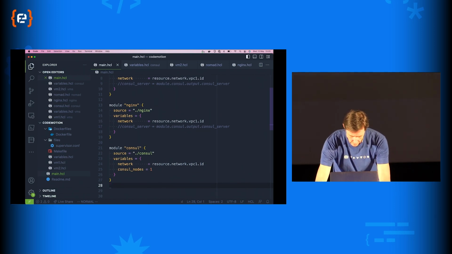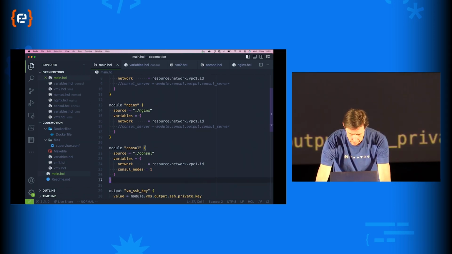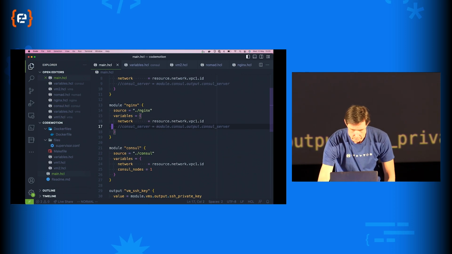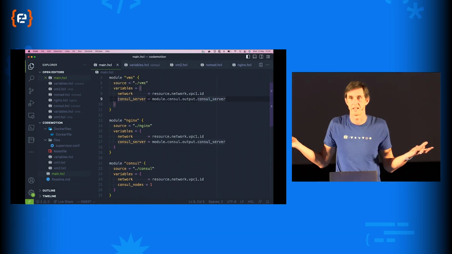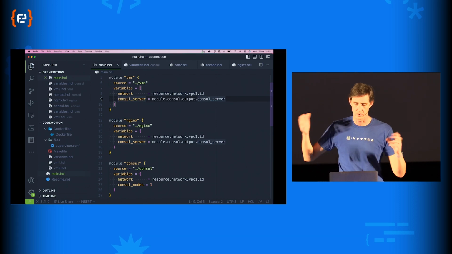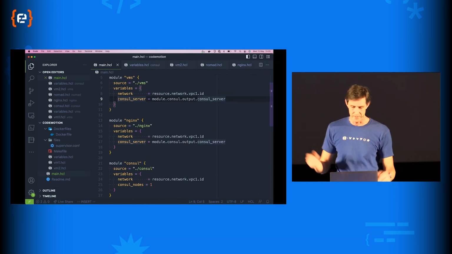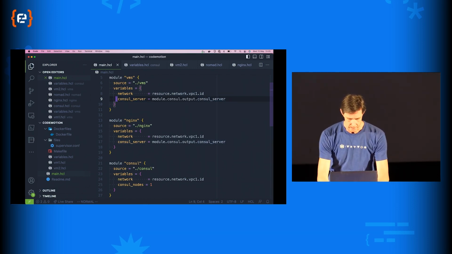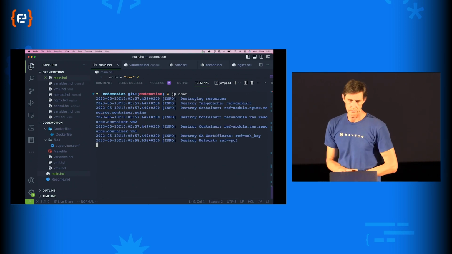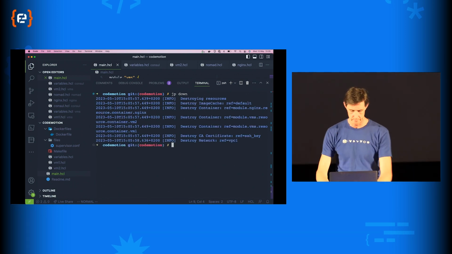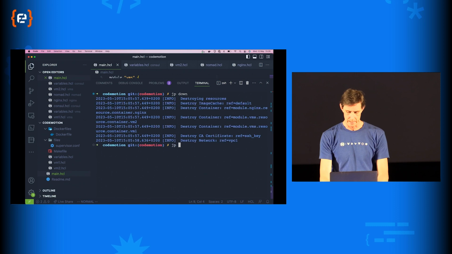Okay, so I've got that. I've got all of those things. I need to specify the location of my console server, so I can add that as a variable to my modules. And again, because of that interpolation, nothing's going to run in terms of my VMs until I create my other stuff. Let's destroy everything that I've got running so far. So I'm just doing JP down, it's all gone.